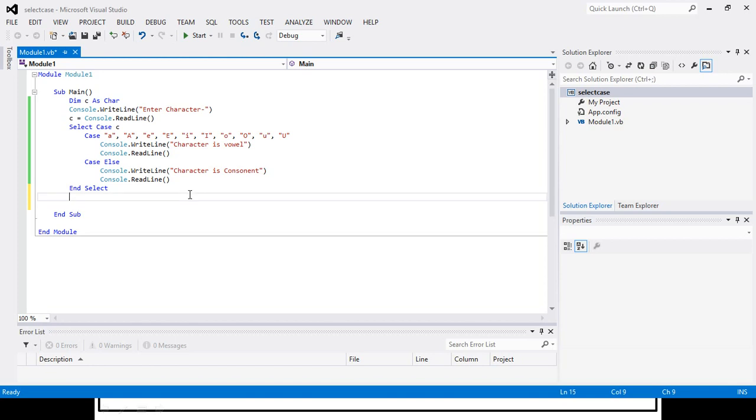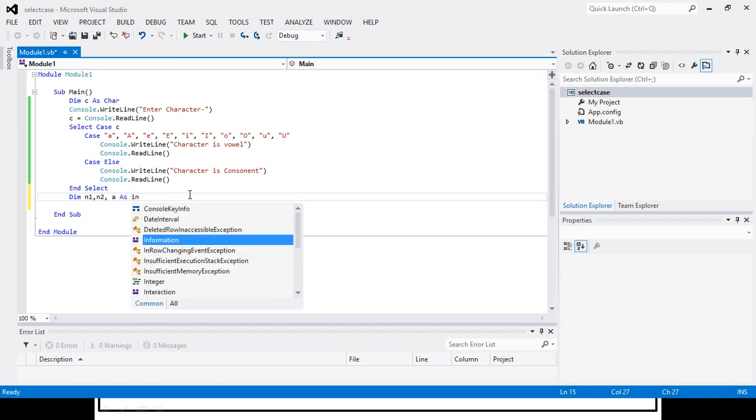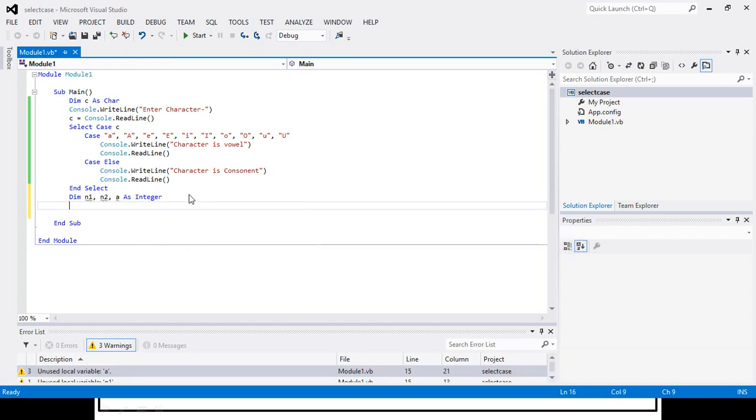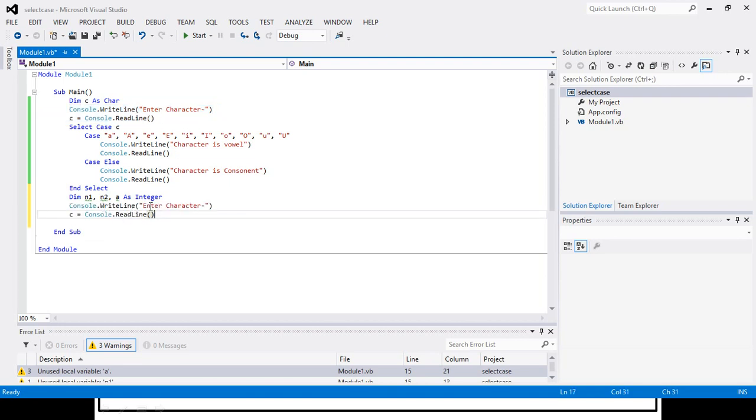For that I will require to declare some variables: Dim n1, that is my first number, n2 is my second number as integer, and also the variable which will read the case value, that will also be a number, so I will take it as integer. Now here we will read the values of n1 and n2. For that I will write this part, and I will update the message here: enter first number.